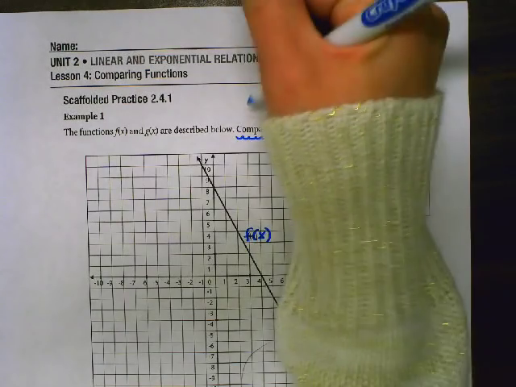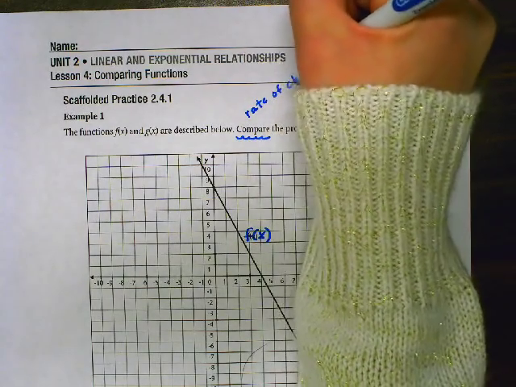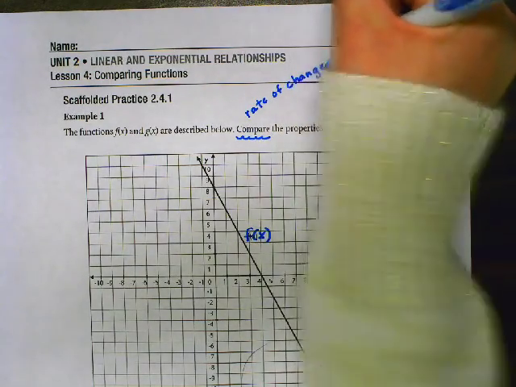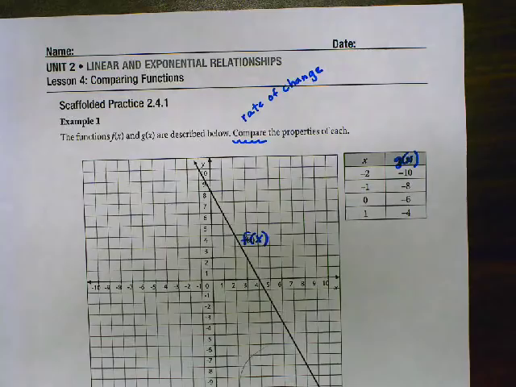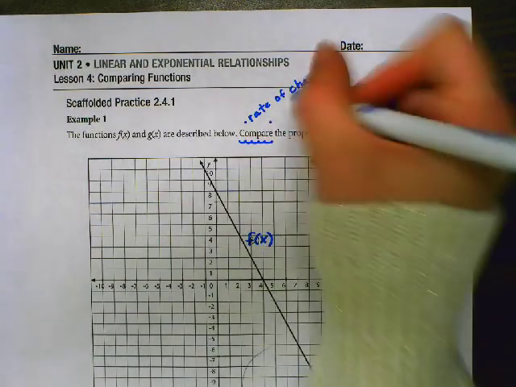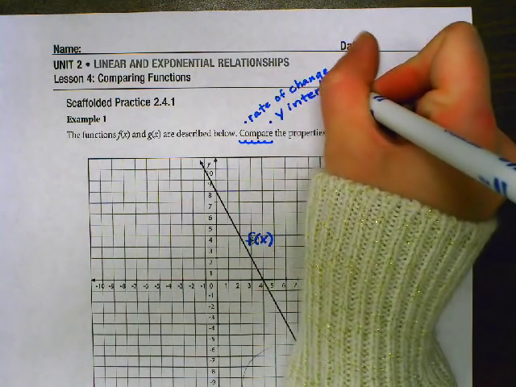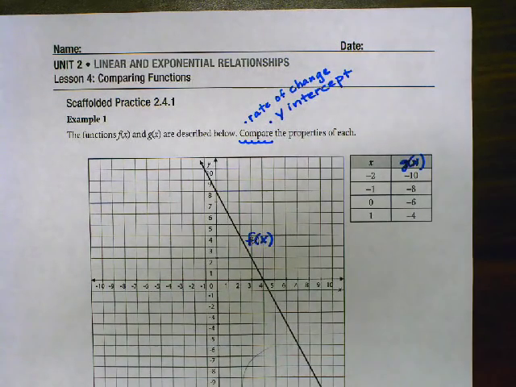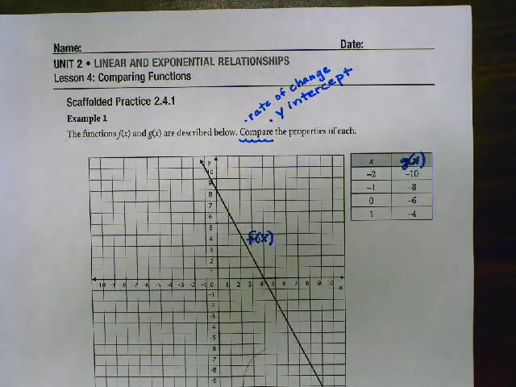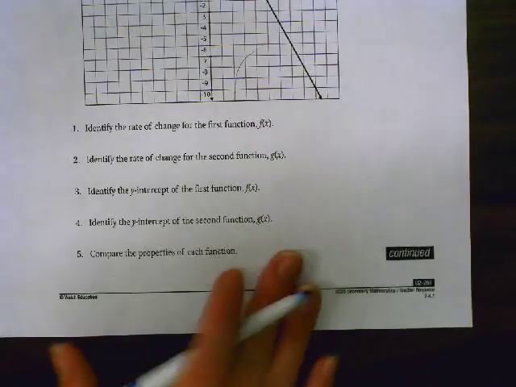I want to know the rate of change. Go on ahead and write these notes in your examples as well. I want to know the rate of change, and if you look down below, you can see one other thing that I'm going to compare, and that's the y-intercept. Alright, so looking at this, if I scroll down and I take a look at number 1, it says, identify